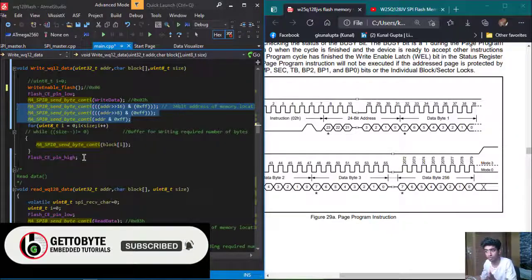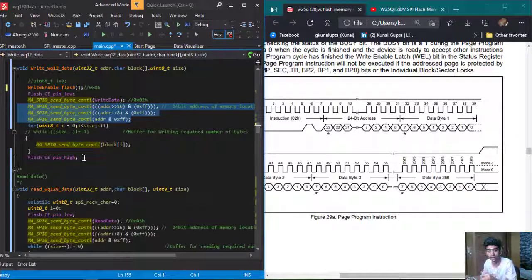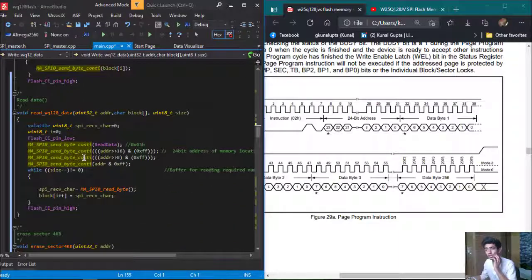You just have to remember that we can read as much data as we want. If we do not set the pin high, it will keep on reading until we make the chip select pin high again. And for the read register, the process is exactly the same.